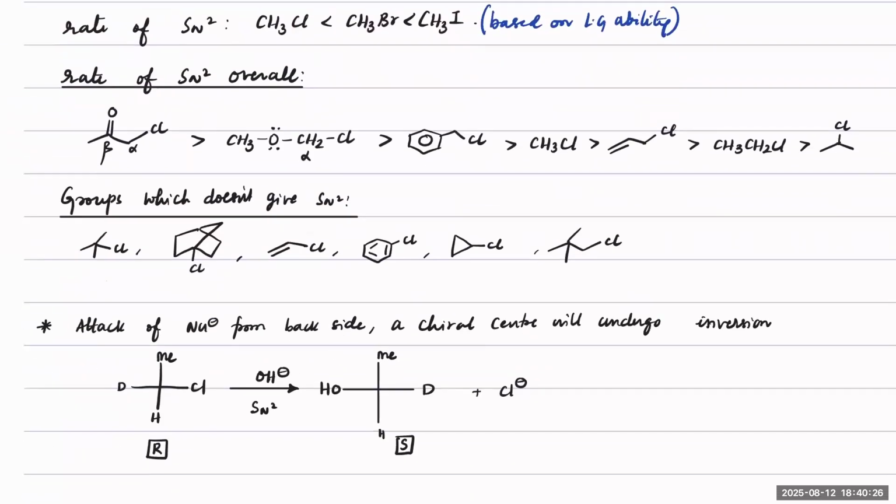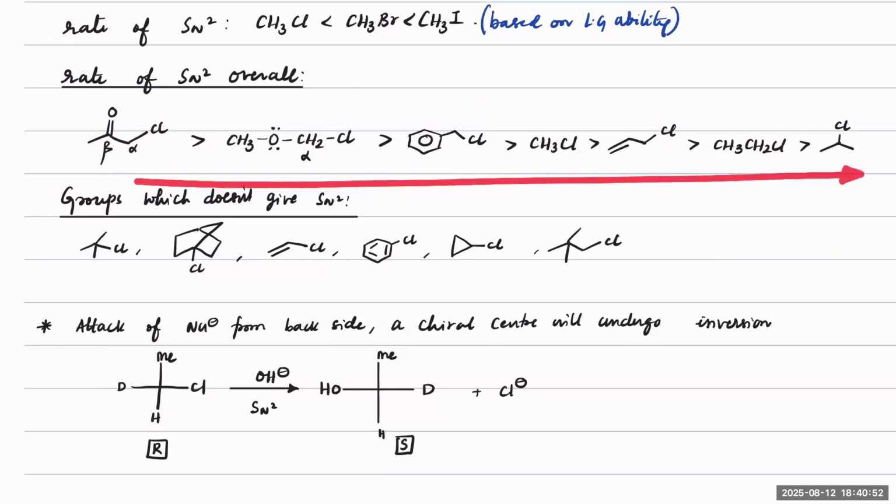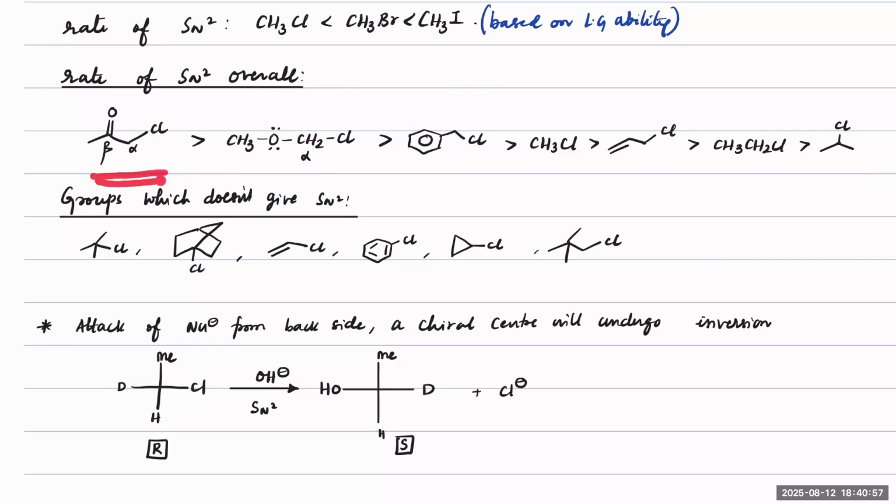Next, what is the overall rate of SN2? SN2 would make an excellent choice if you have at beta a strong withdrawing group like a keto group. So if you already have a C double bond O with chlorine on the alpha position, then removing this chlorine and attacking with another group becomes easier. You have to mug up the entire order, very important order. So this is the first group, beta hydroxy, sorry, beta